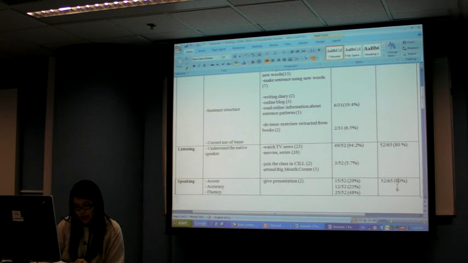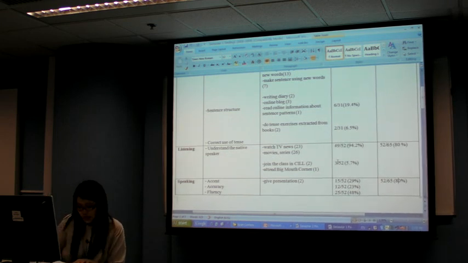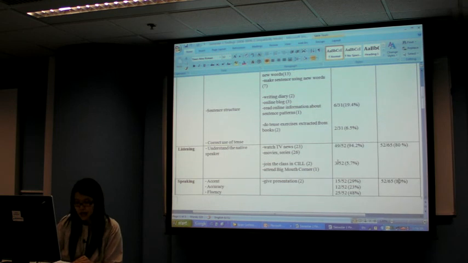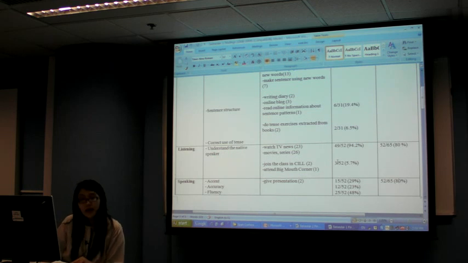Now, by listening, students want to be able to understand what native speakers said. So this is the specific purpose they said, understanding what the native speakers said. Some students told me that native speakers sometimes speak so fast and that they can't get what they mean. And some others said that the accent of some native speakers of English make it difficult for them